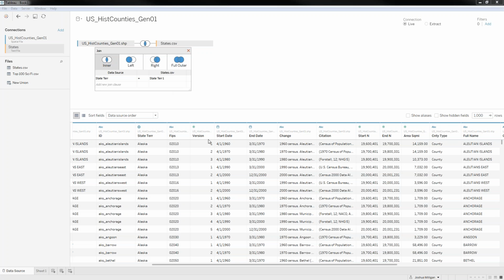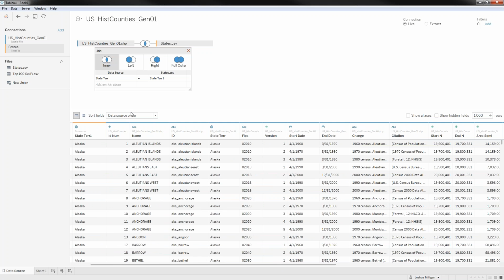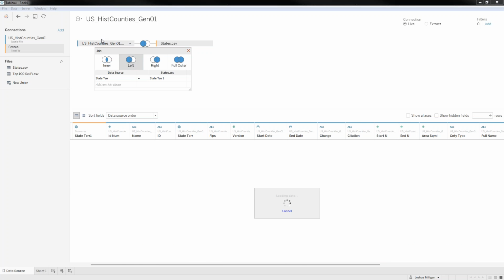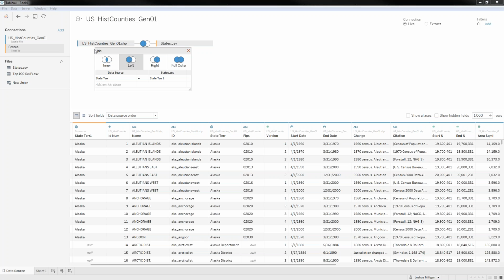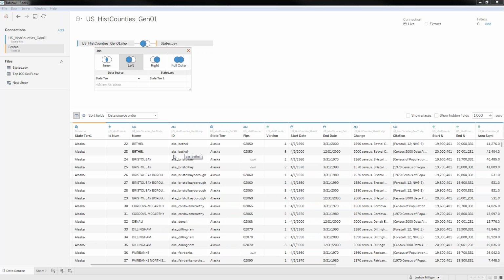And when I do that, I'm going to get everything that matches. So Alaska is going to match with Alaska over here in my other file. I'll probably want to do a left join so that I keep all of the counties, regardless of whether they were contained in a state or a territory, because there are Alaska districts and territories. So I'll make it a left join. And at that point, I've got a nice data set that if I come back here,